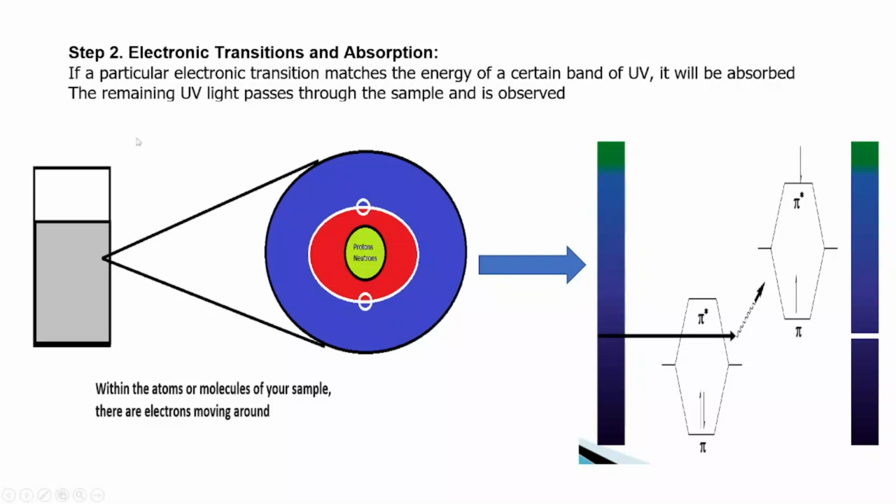Now, let's take the first point. It says that if a particular electronic transition matches the energy of a certain band of UV, it will be absorbed. So when we talk about a band of UV, or UV radiation,